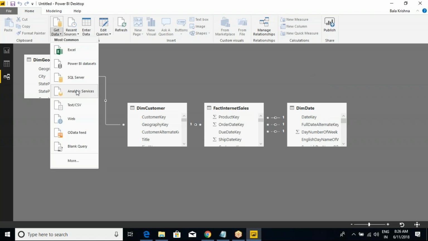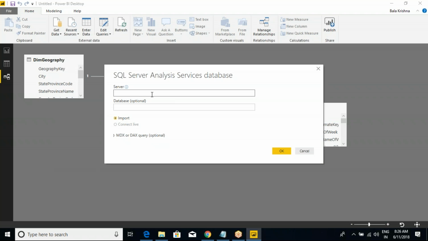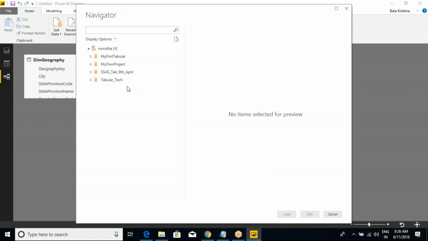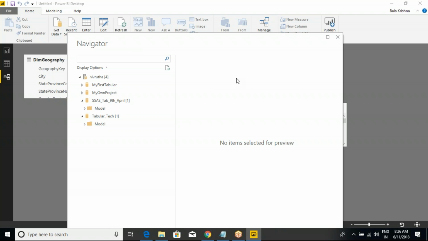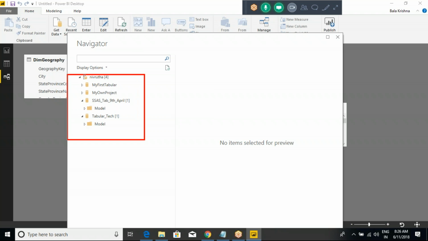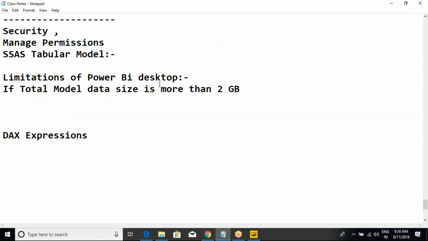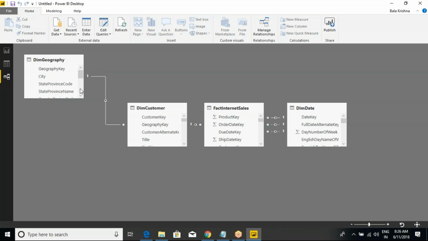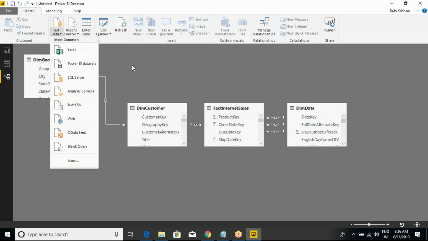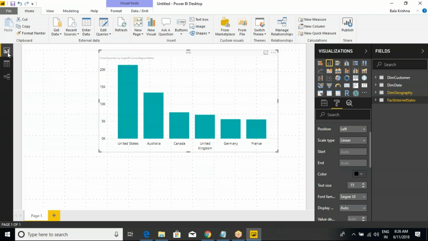So I can simply showcase, for example, I can go to Analysis Services and provide the server name. I have already made some cubes available. But if you ask me, Bala, how has this cube been created? That is what I'm going to showcase first. First I will showcase how to create databases like this, and then we will discuss how to pull the data into Power BI Desktop. To explain that,